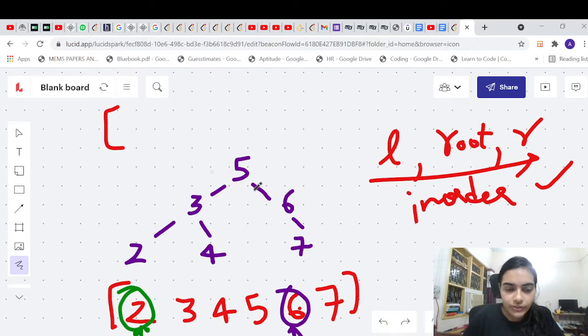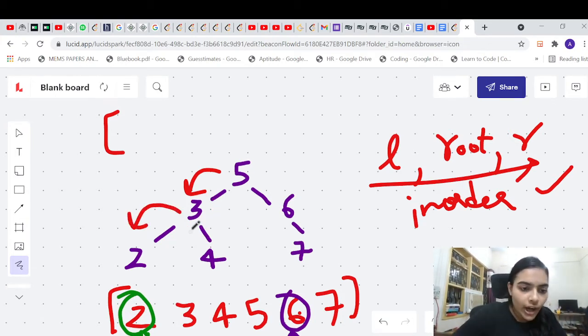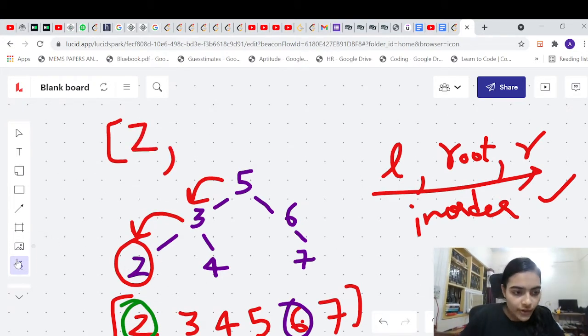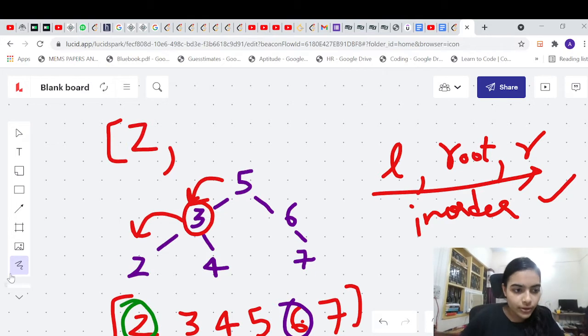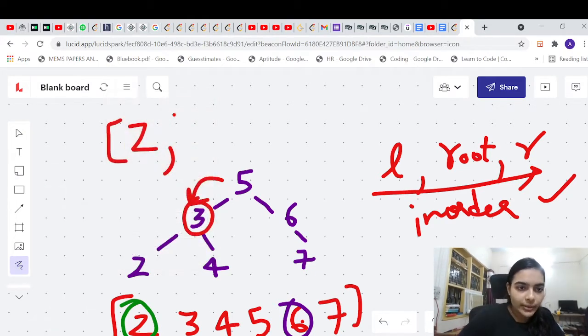Before writing the value for the first element, we will traverse to its left. Again we are visiting this root. Instead of writing the current value, we will traverse to the left. Now at the left we have reached the end because these two children are null, so we will store the value here. Now we have stored the value. Now we will backtrack. When we are backtracking, we see the root value, so we will write the root value. So root value is 3.